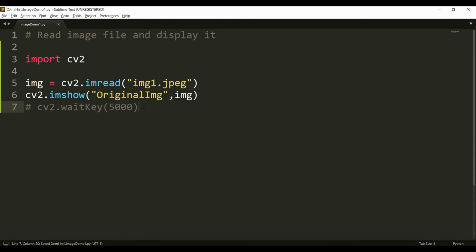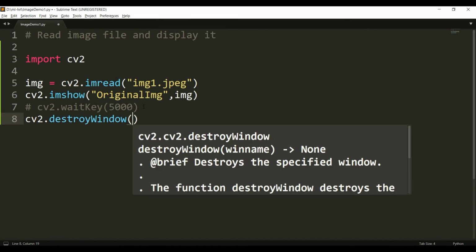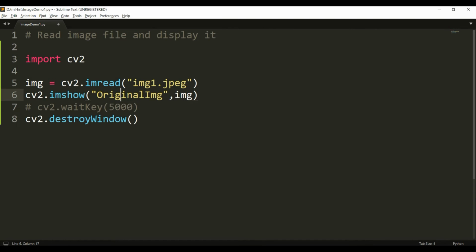There is another option. There is a function called cv2.destroyWindow. Whenever you want all the windows to be destroyed, there is a function called destroyAllWindows that we will see in the subsequent videos. But the destroyWindow function will destroy the window with the given name. So I want the window with the name original img to be destroyed once it has shown me the output.